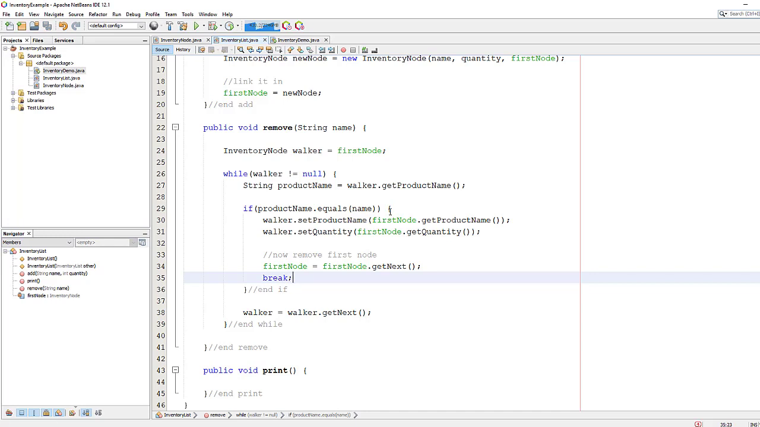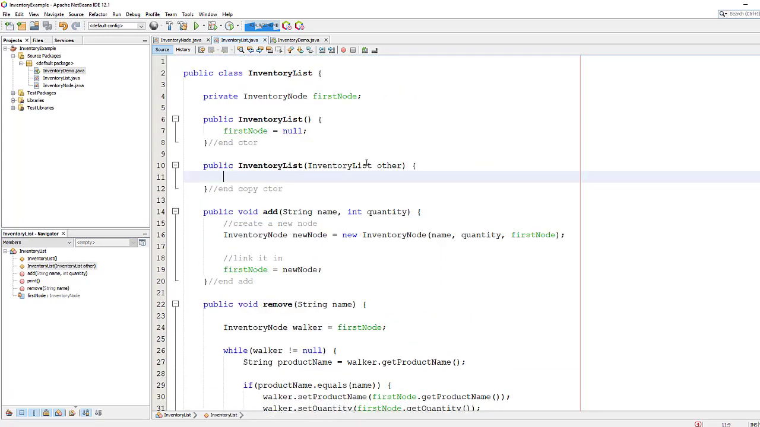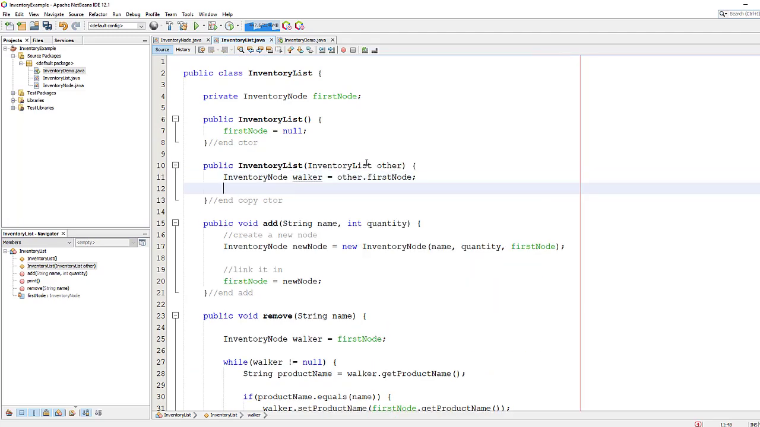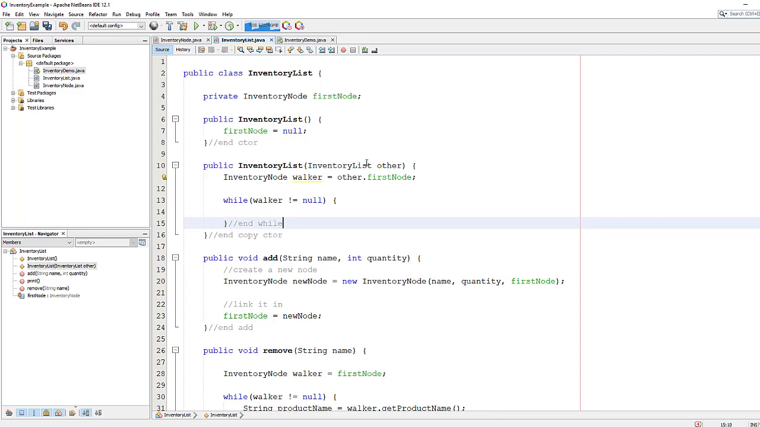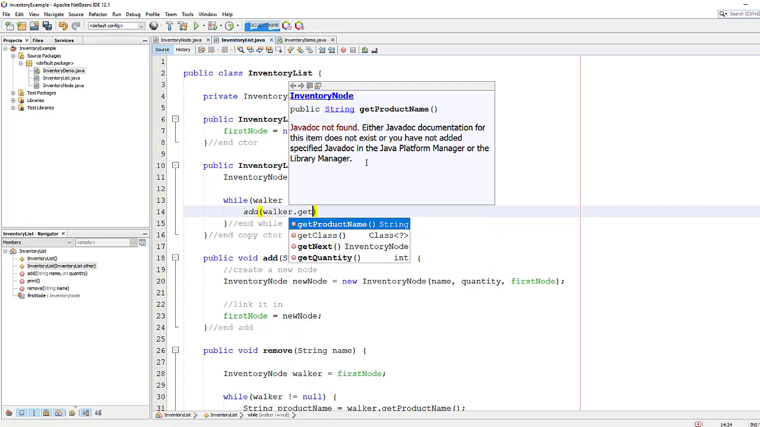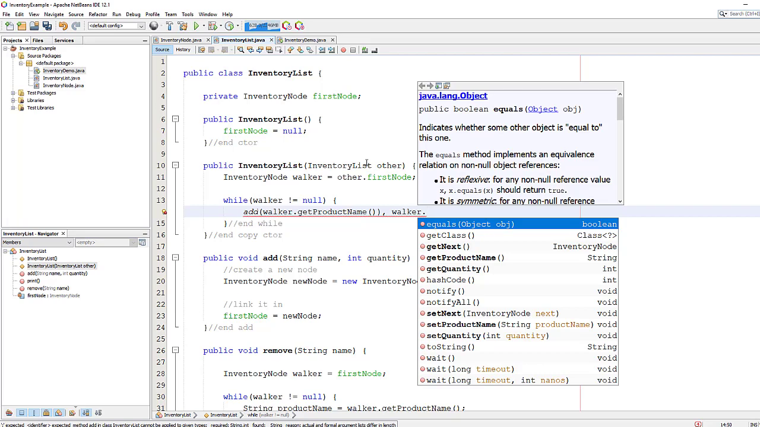Now the next thing we might want to do is let's do the constructor up here. This right here, the order doesn't matter. Inventory node walker again equals other dot first node. And we're going to say while the walker is not equal to null, we'll just add, because we don't really care. We're making ourselves match the products in